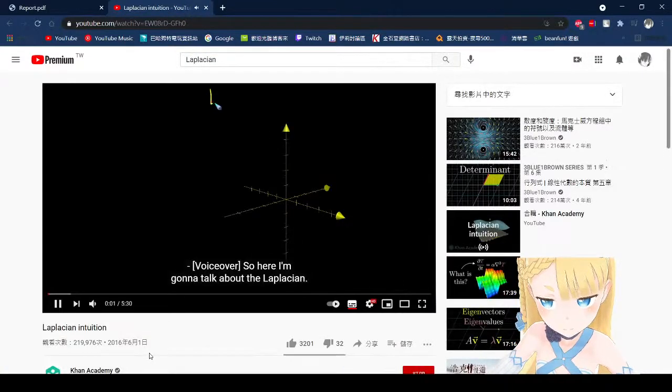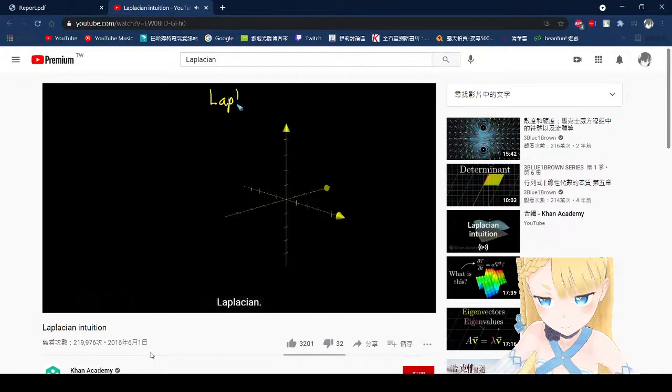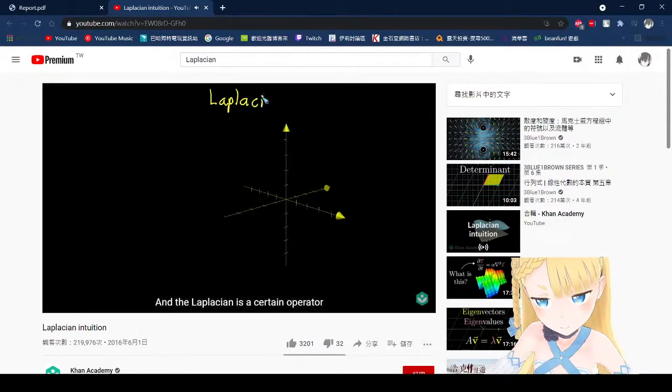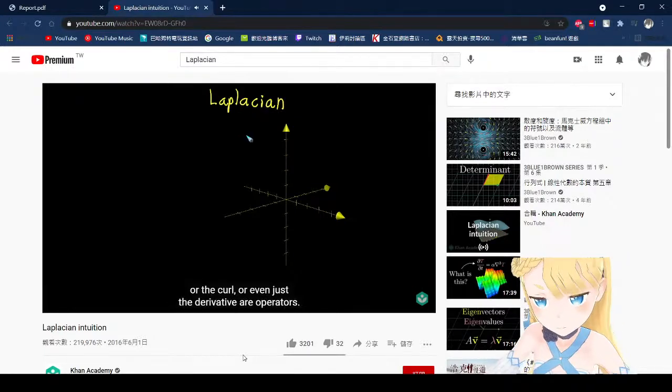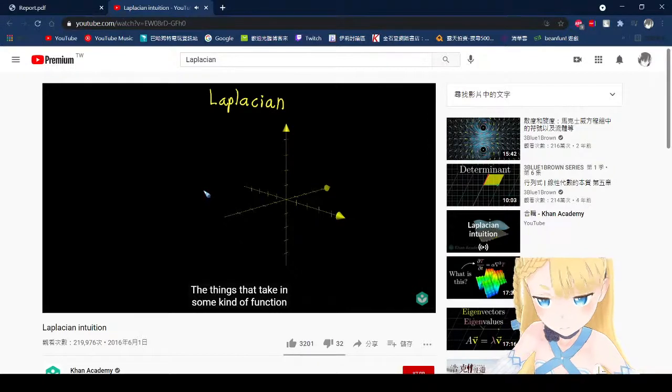So here I'm going to talk about the Laplacian. And the Laplacian is a certain operator in the same way that the divergence or the gradient or the curl or even just the derivative are operators, the things that take in some kind of function and give you another function. So in this case, let's say we have a multivariable